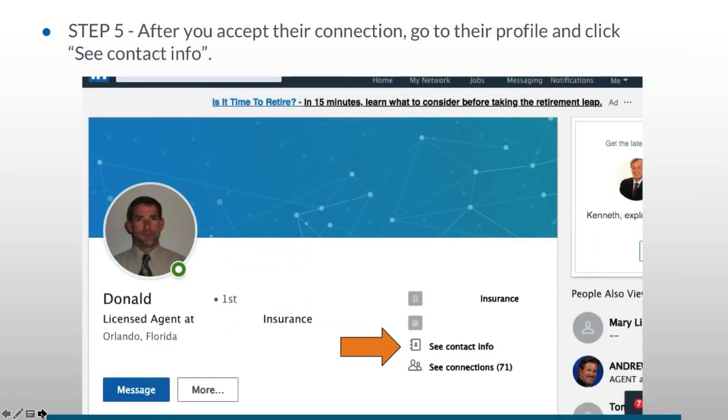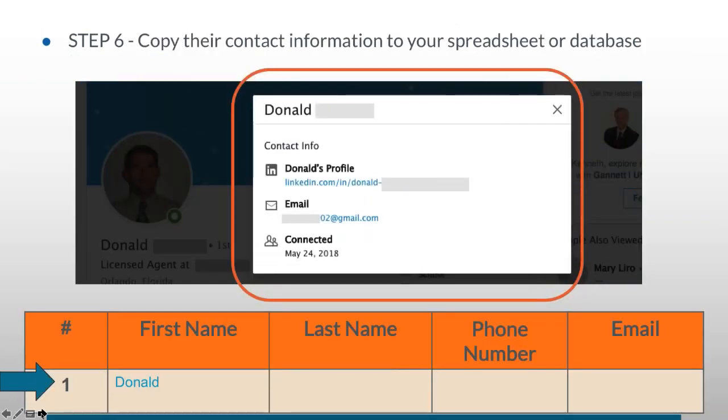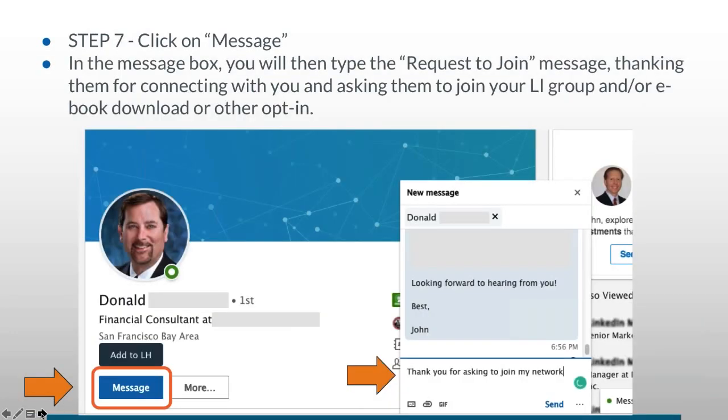So now with Donald, you want to see the contact info. That's what we did before. You're going to put his name, last name, phone number, email into your database to make this happen, so that you can follow up in the future with him. Then you click on the message. In the message box, you'll see his request to join message.